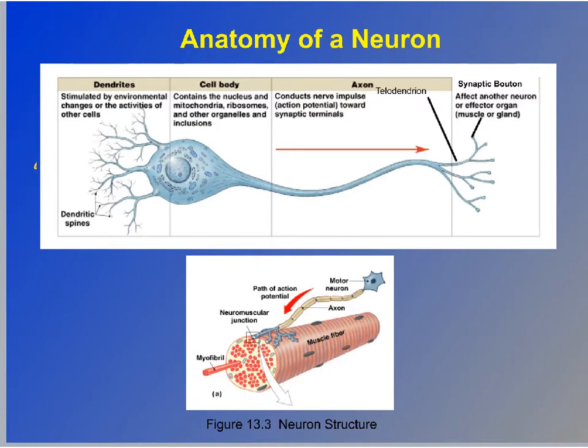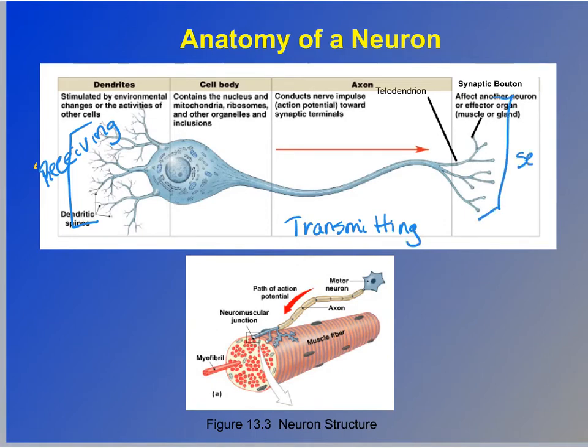So neurons are going to have, just in general, a receiving end for information and a transmitting region, and then a sending region. And what I mean by that is